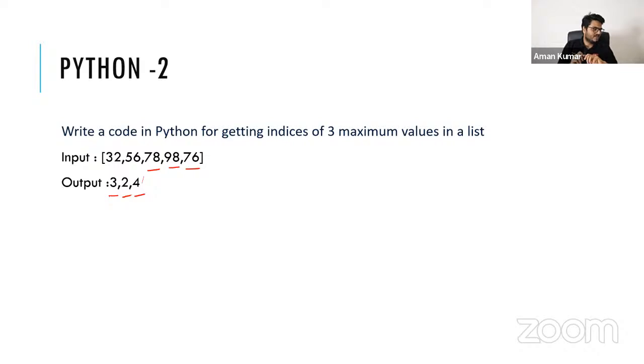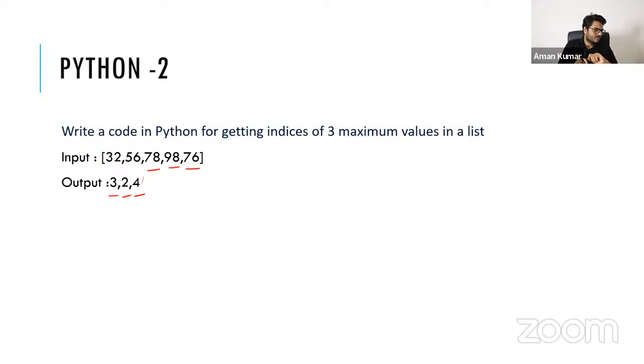See, Shreya has written the code. Excellent, Shreya. I cannot check it because I have to go to the interpreter, open and run. A.sort with reverse equal to True. Okay, so you are sorting and reversing. Then A.index(a[i]) for i in range 3. I think yes, this will work. np.argsort of np.array(input). Rohit, how will this work? I mean, how will this give you the three numbers in output? Okay, sort in descending order, then return the indices of the first three elements. Yes, correct, Shreya is saying that. So Shreya's approach is, I think, decent.